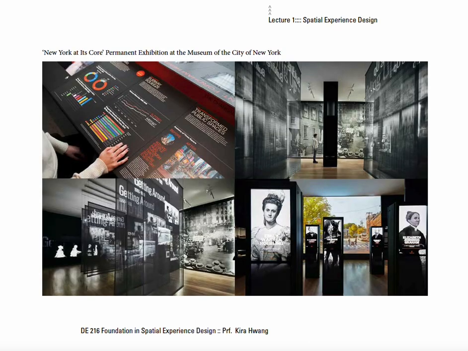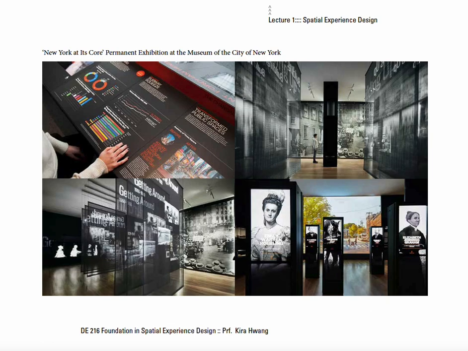Interpretive places and exhibitions. So this is the exhibition you can now view from the Museum of the City of New York. It's part of their permanent exhibition, New York at Its Core. The culture and evolution of New York history. That exhibition provides an immersive and comprehensive look at the city's past, present, and future, showcasing its dynamic and ever-changing nature.